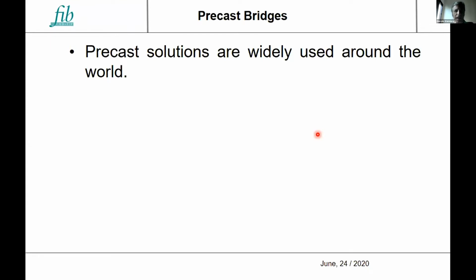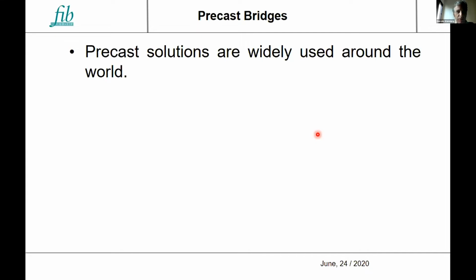As we are all aware, precast solutions are widely used all around the world, especially for bridges. But if you go to different engineers in different countries and ask them to develop a design for, let's say, a 30-meter long bridge, you probably won't get two solutions alike. And why is that?